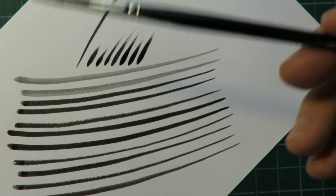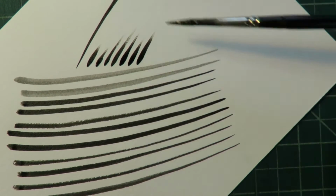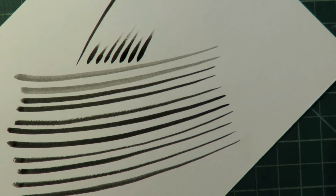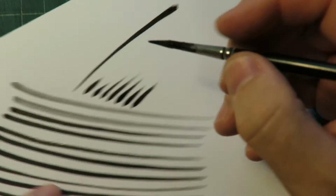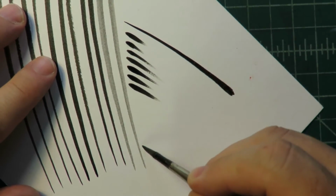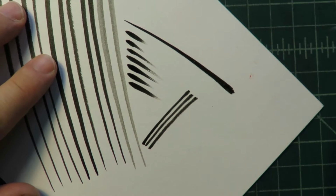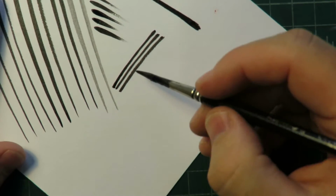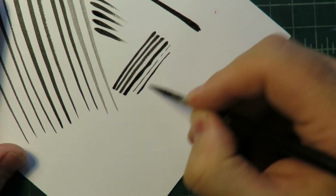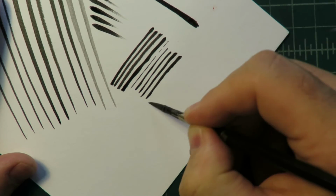And this is a number 3 brush. This is why some people like the number 2 brush, because they can get all these marks a little bit smaller. And I often use textures and patterns too that other people don't. I like the side of the brush. You'll see a lot of people use this when they're inking. You can watch inking videos and see guys using the side of the brush to get this uneven